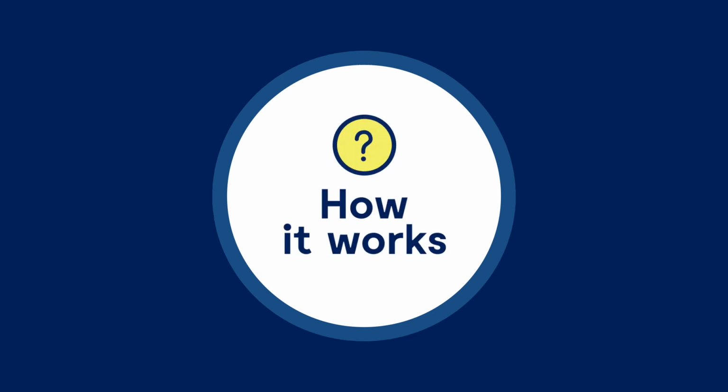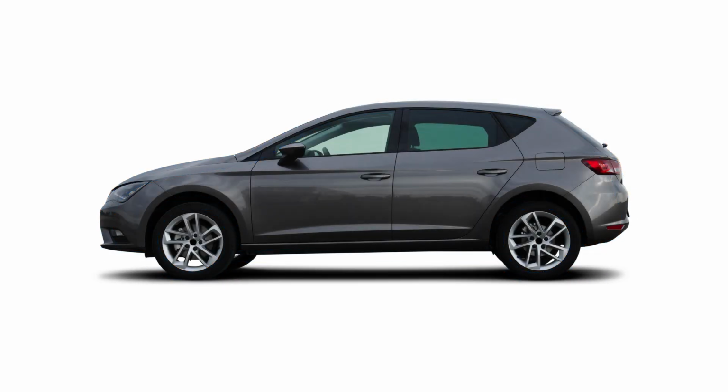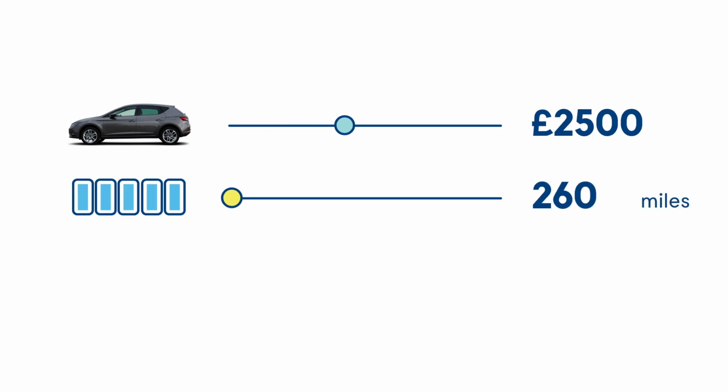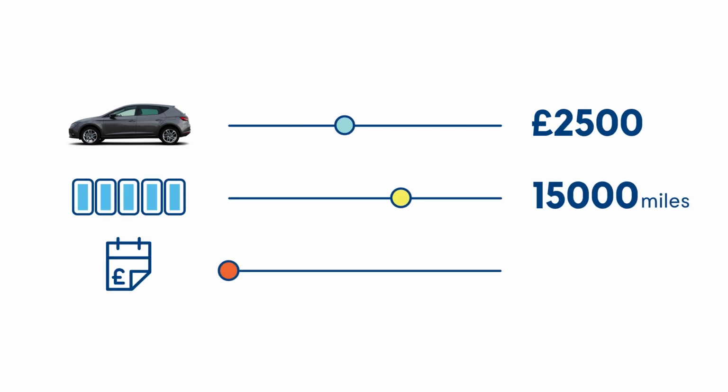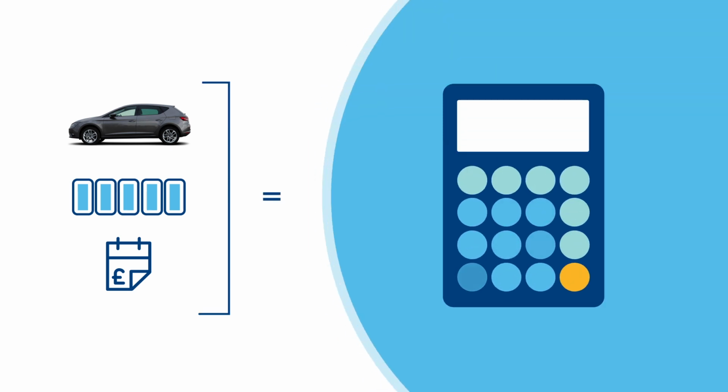Here's how it works. First of all, decide on the car you want to buy. Next, agree the initial deposit you want to make. You'll also need to estimate your annual mileage and decide how long you want this agreement to run for, typically 2 to 4 years. The lender will use all the information to calculate the guaranteed future value of the car,